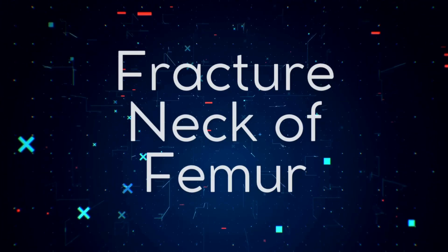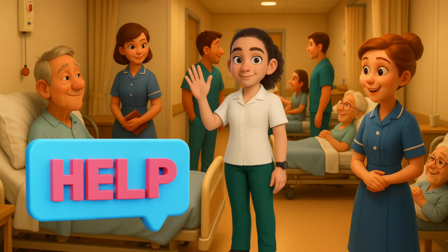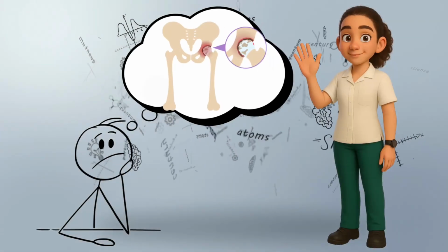Fracture neck of femur. Hi, I'm Lali. I'm an occupational therapist, and I'm here to help you understand what a neck of femur fracture is and which